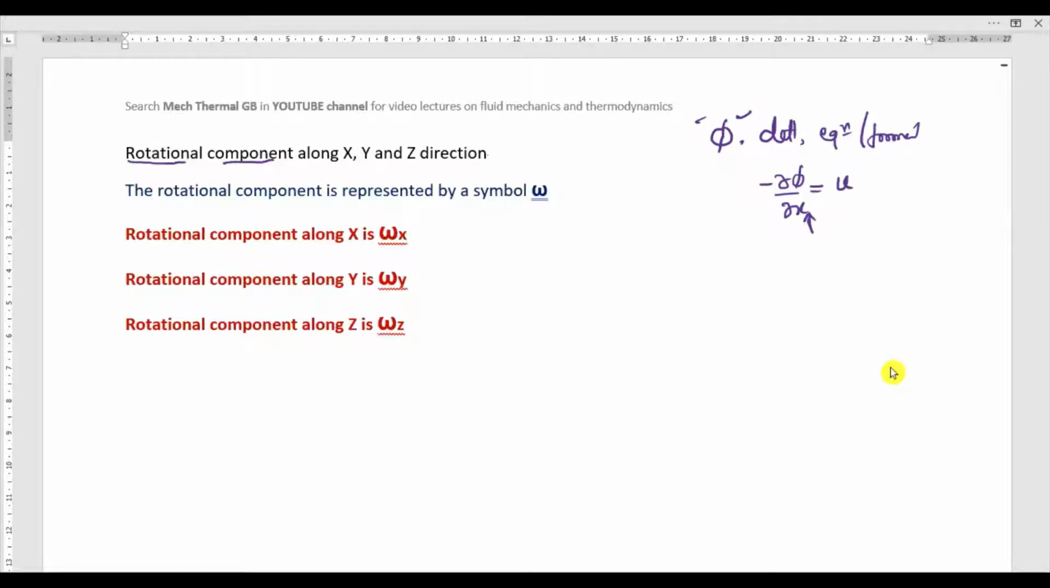Similarly, in the y direction, phi is the velocity potential function, and the negative derivative with respect to y is equal to the velocity in y direction, which is v. Okay. Similarly, we also discussed what the stream function is, its definitions, formulas, and